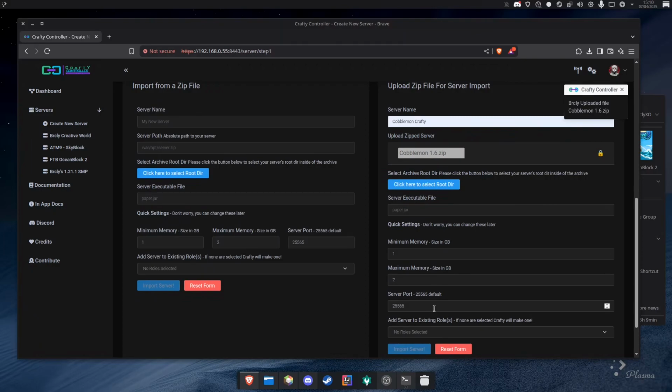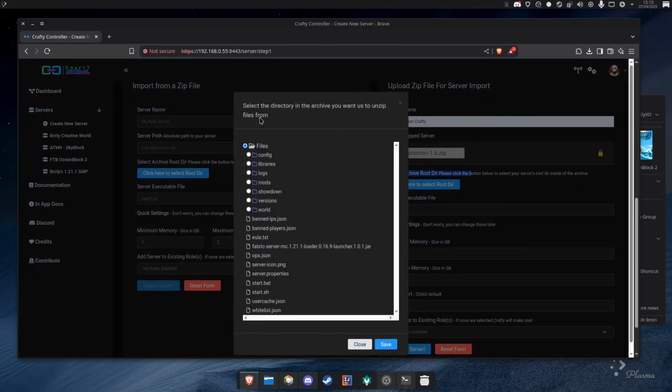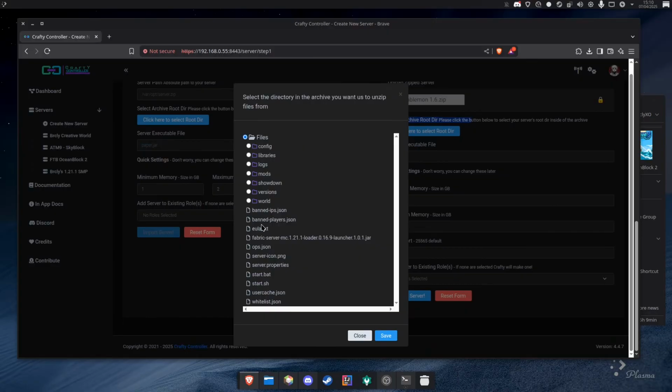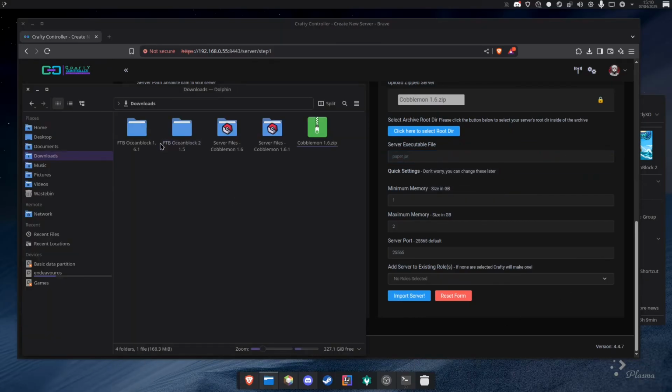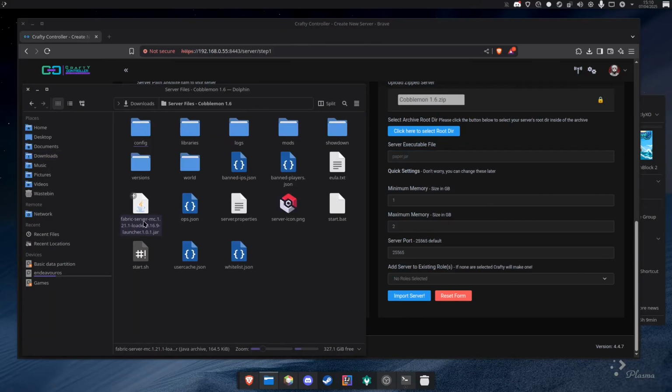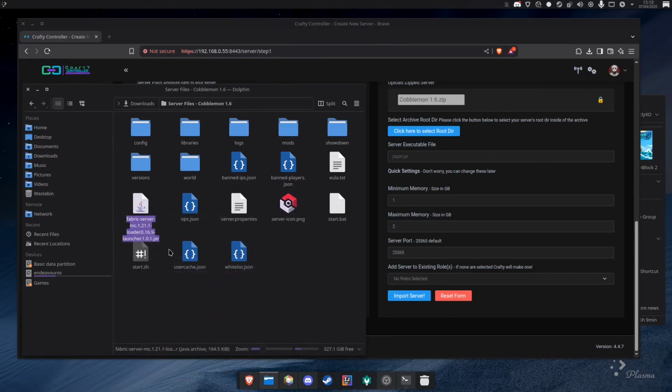Cool. Once done, you'll have a few more fields appear. First we need to select the archive root directory. Now if everything's done the same way I did it, you should just select this main files here. You can see all of our files are in here, so it's good that it's reading them all. Just save that. And then for the server executable file, we'll just want to make sure that we use the Fabric server MC 1.21 loader, the main Java file that we first started with. Easiest way is just to highlight and copy that,